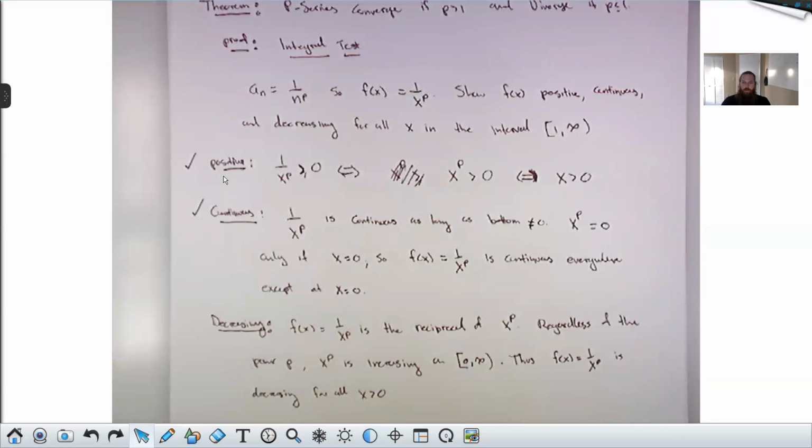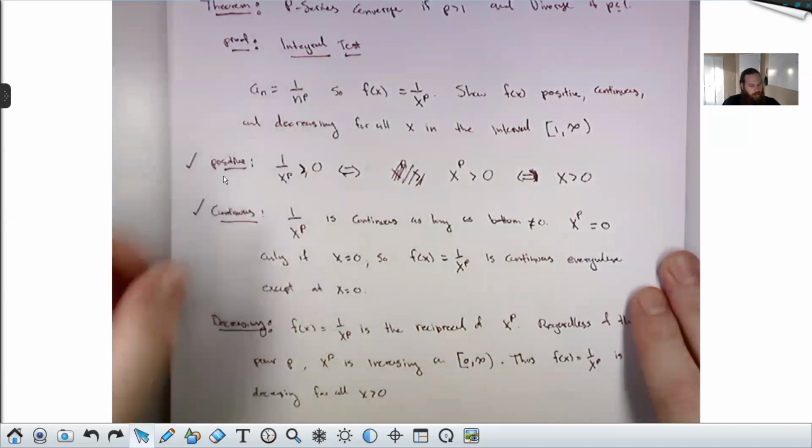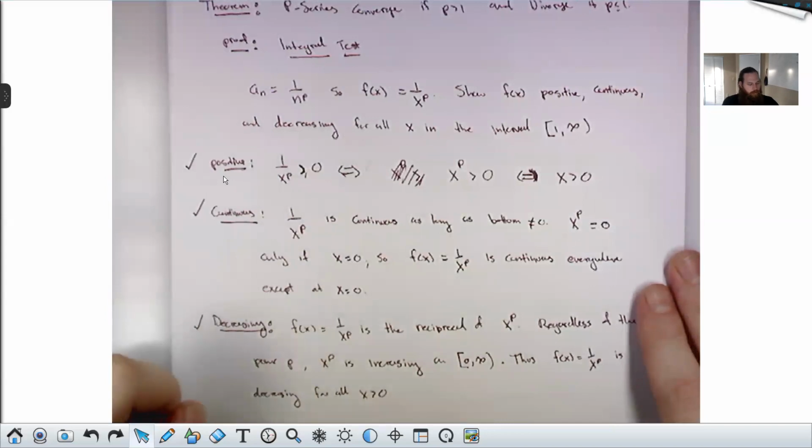You could also make a derivative argument here. I just wanted to show you an example of this kind of lazier argument, where you say, oh, my function is the reciprocal of a clearly increasing function. Since the reciprocal of an increasing function is decreasing, my function must be decreasing. So now we've shown that my function is positive, continuous, and decreasing. Therefore, by the integral test,